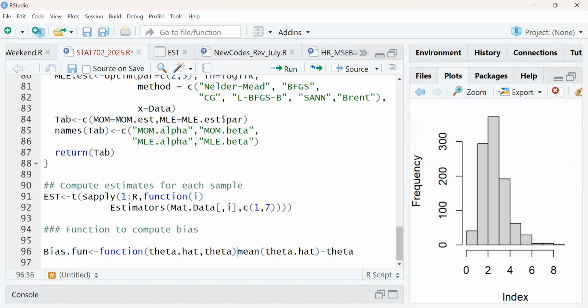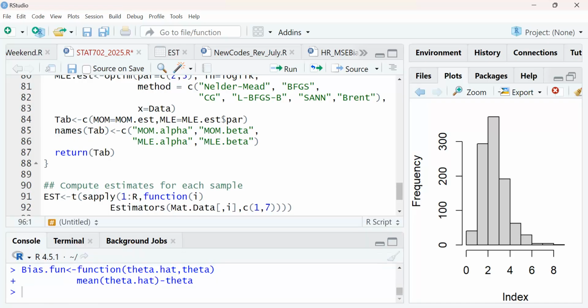You can write it on one line. Ideally, there should be curly brackets, but because it's just one line of code, I can as well leave it like this. But it means that if I am writing this, I need to select all of them at a go and run. So I can do this, and that's it. Is that okay? All right.